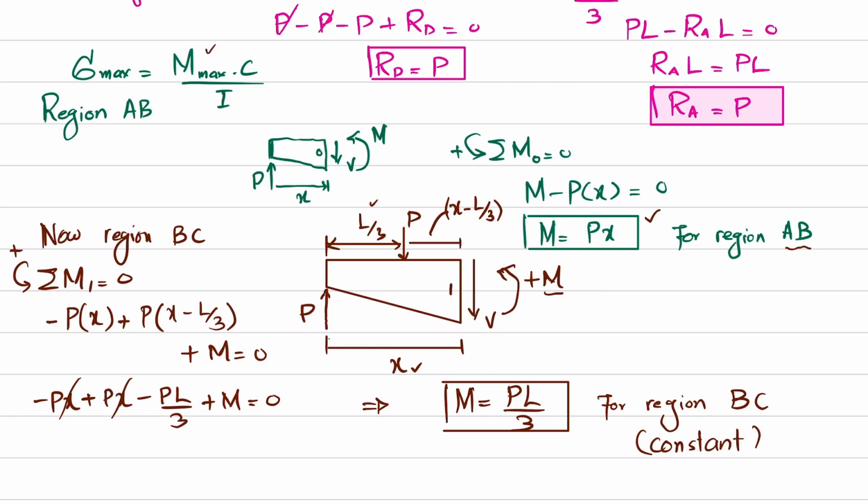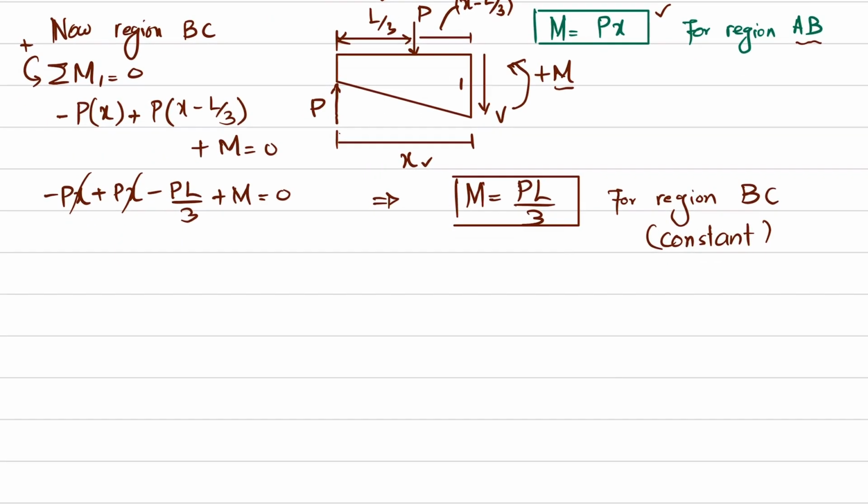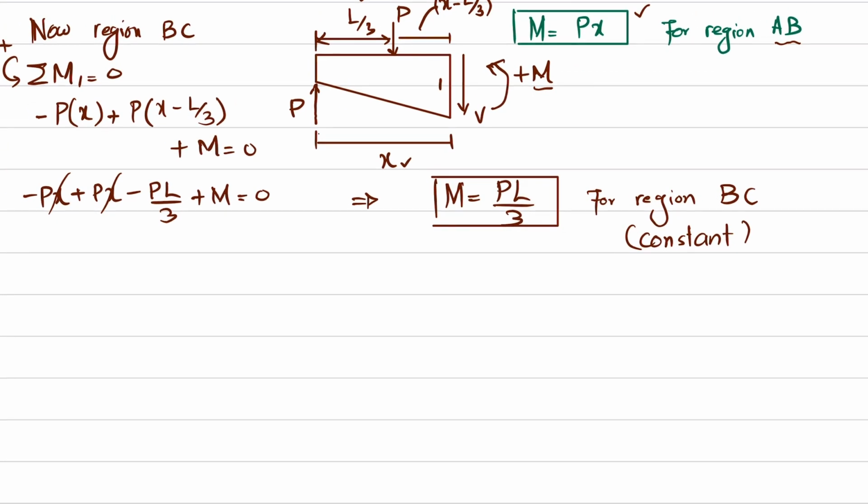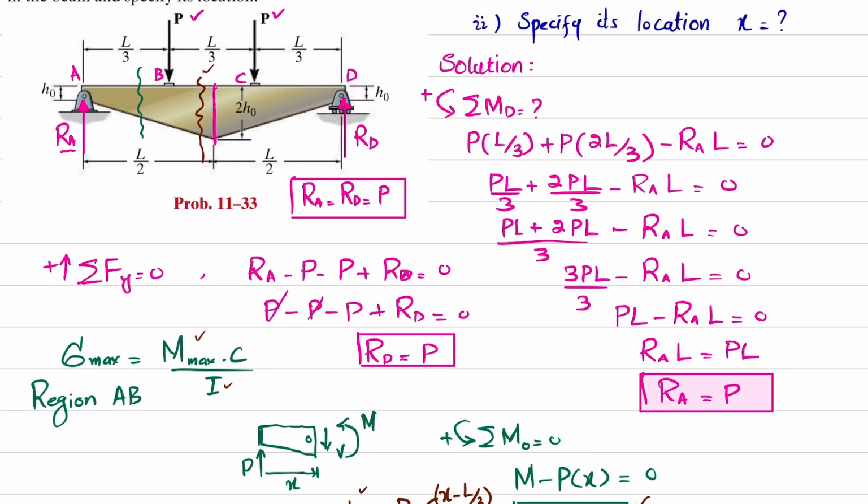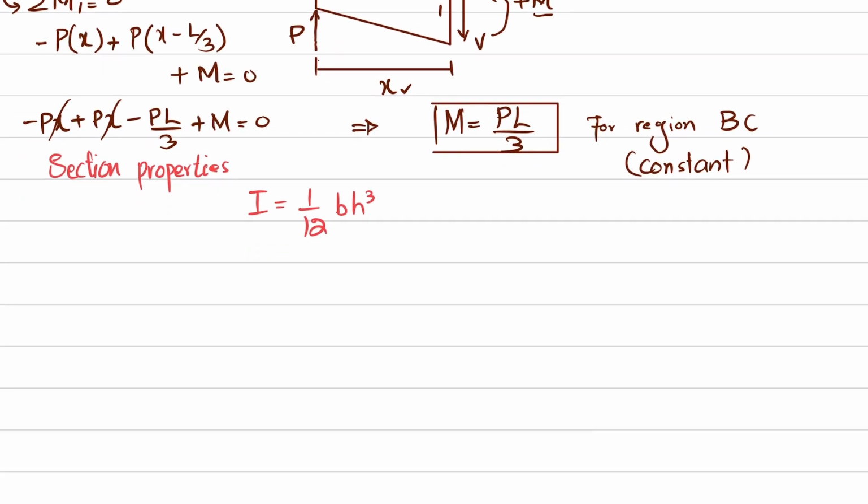Now you have the moment, but you do not know the I, the moment of inertia for the beam, so I will write section properties over here, which is I, and we know that I is equal to 1 over 12 BH cube. Now you can see that H is changing at every length, so if you cut the beam at the half and draw the free body diagram, or just like if I draw it over here,